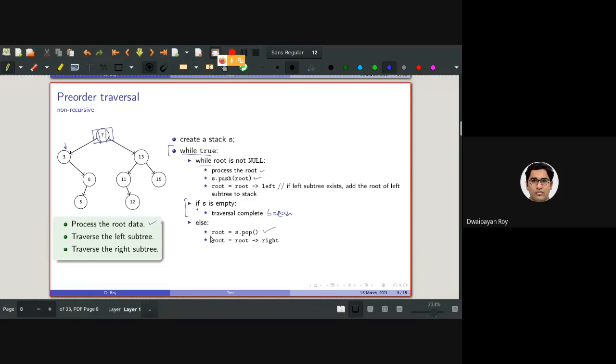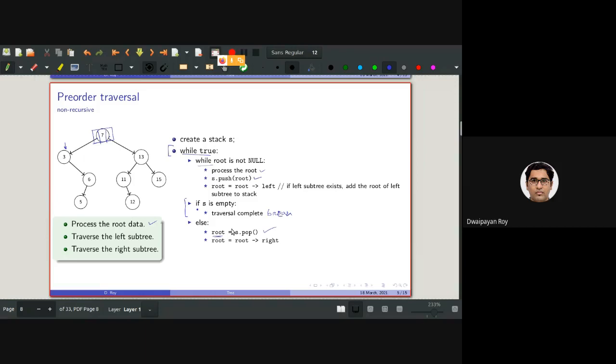That means for this root, the left subtree has already been completely traversed. Of course, this node was already processed in the beginning. So now we need to traverse the right subtree of this node. So that's why we need to pop this, and then we need to set the root to the right subtree of this previous root.